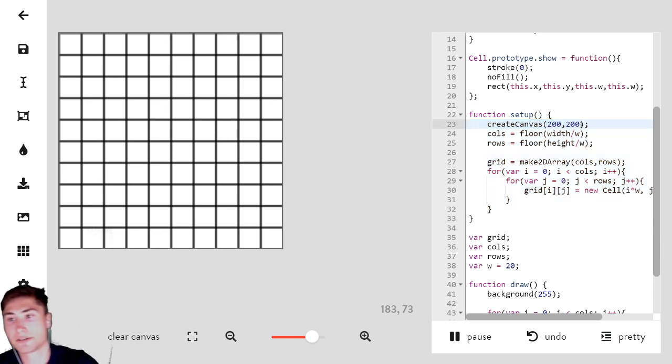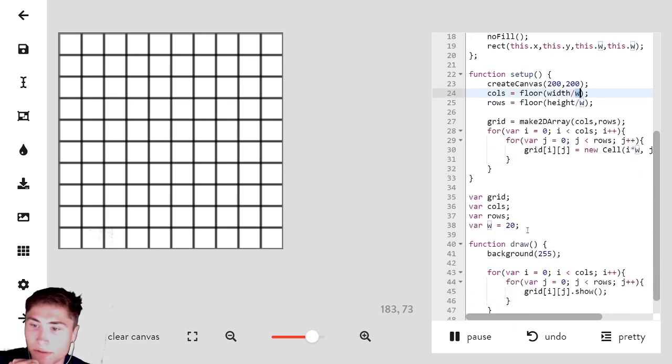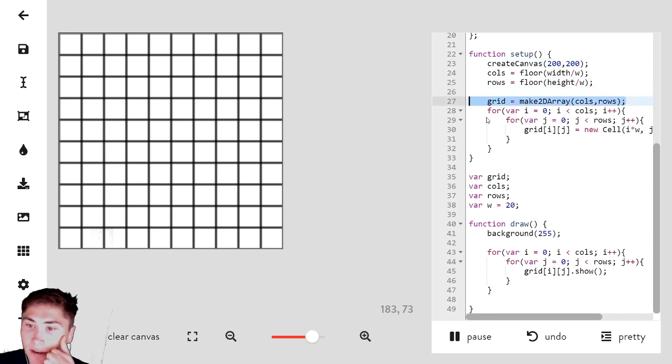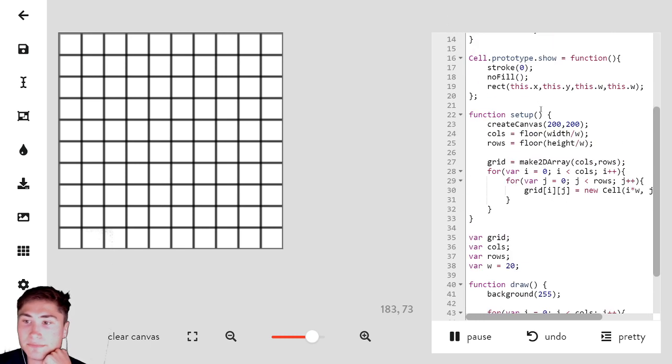So we created a canvas 200 by 200, and then we define columns to be our width, which is 200, divided by w, which is 20, it's 10, and then we created rows, which equals the same thing because we did height, and our height is 200. And then we have our variable grid, which we define down here, and then set it equal to making a two-dimensional array where we pass 10, 10 to this function here. So it gives us a 10 by 10